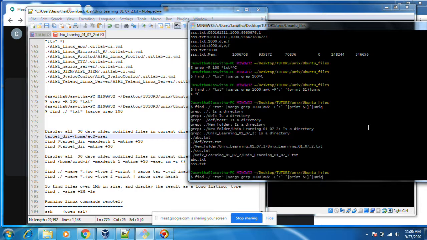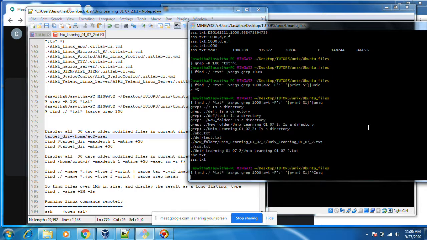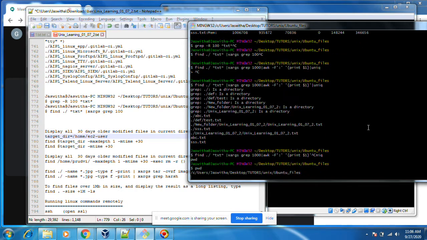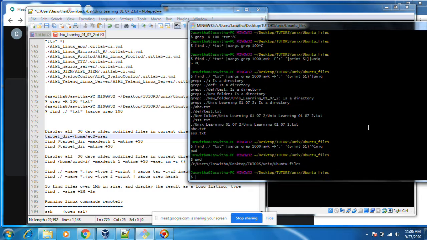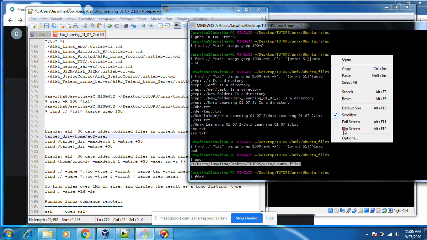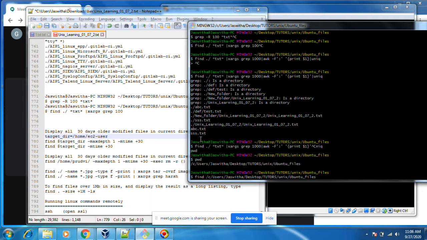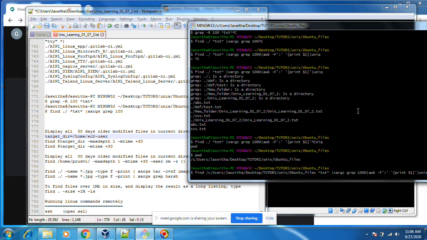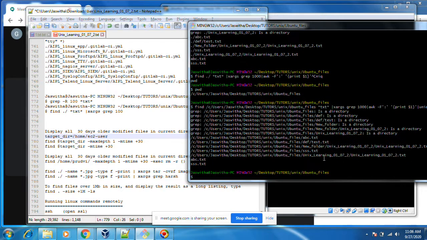Instead of this dot slash, you can put the full path also, whichever path you want to check. You can put it like this also. It will give the same output, but it will give the full path instead of the relative path.